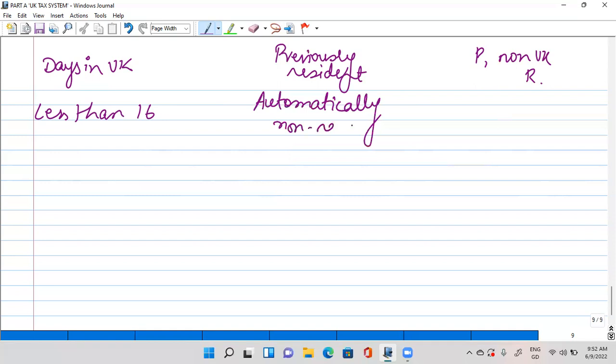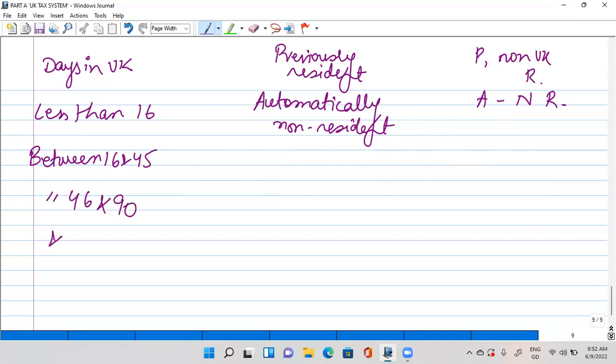automatically non-resident. And same for this one as well. Automatic non-resident. Previous. Okay, let's move forward then. If he has spent between 16 and 45 days, let me just write down all of the days: between 46 and 90, 91 and